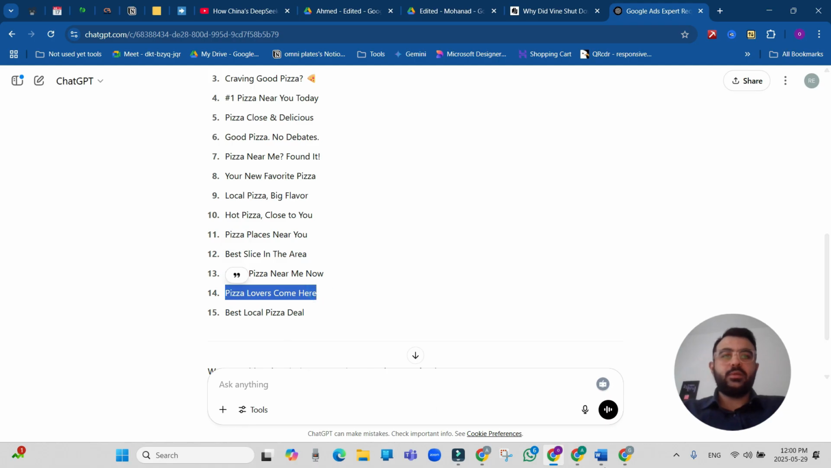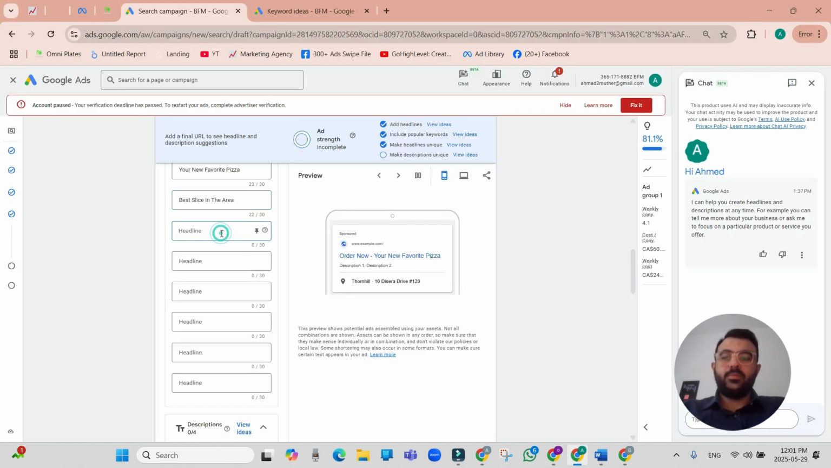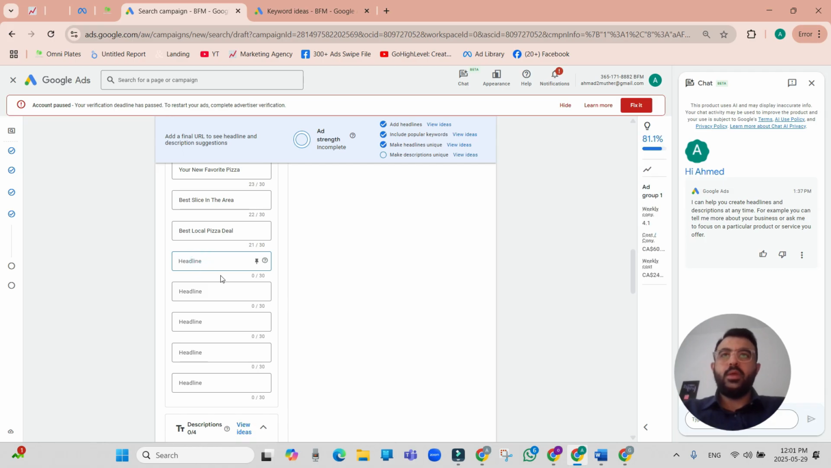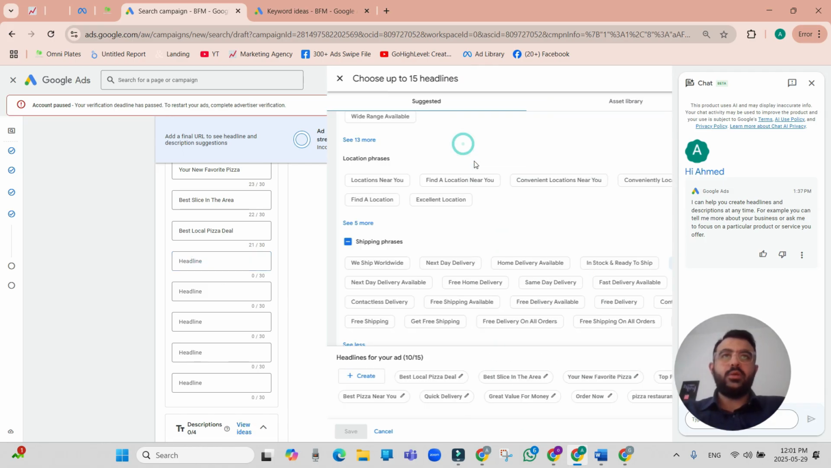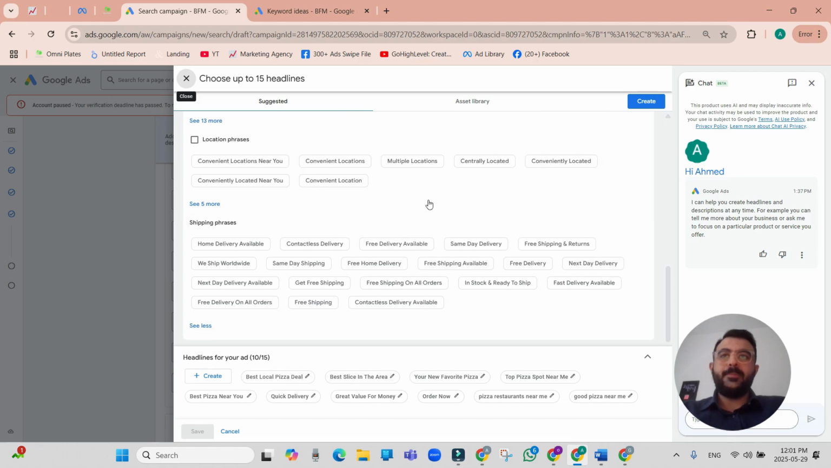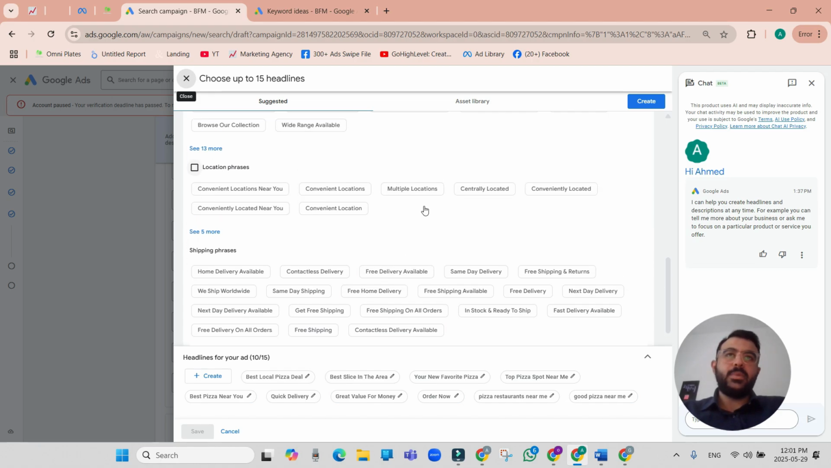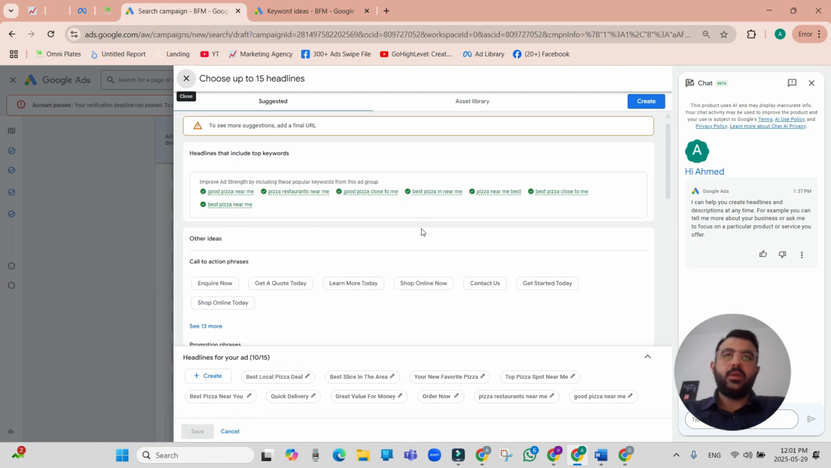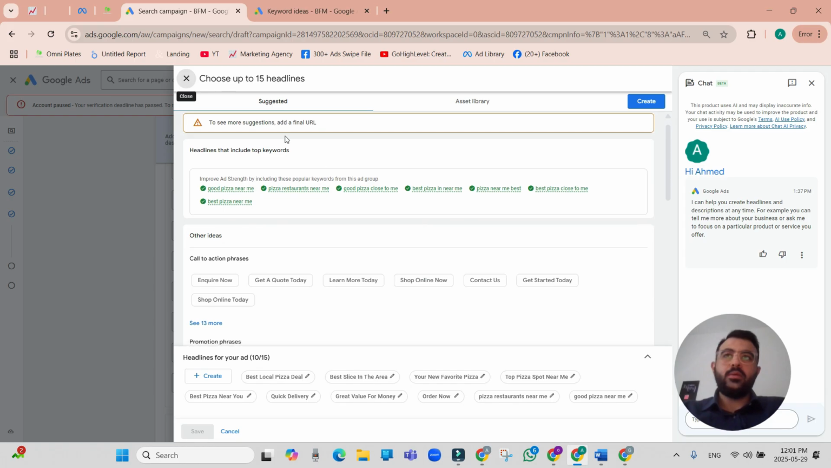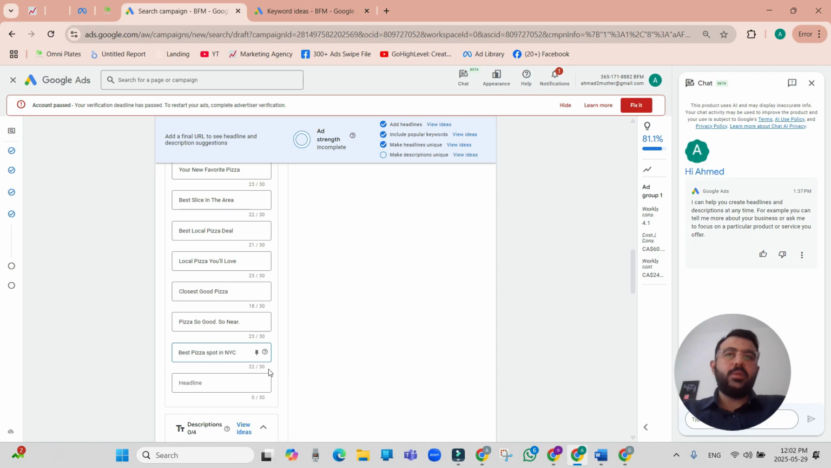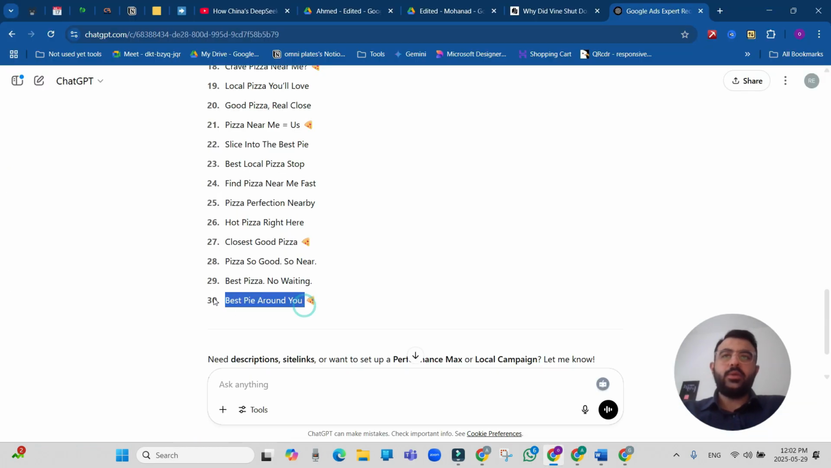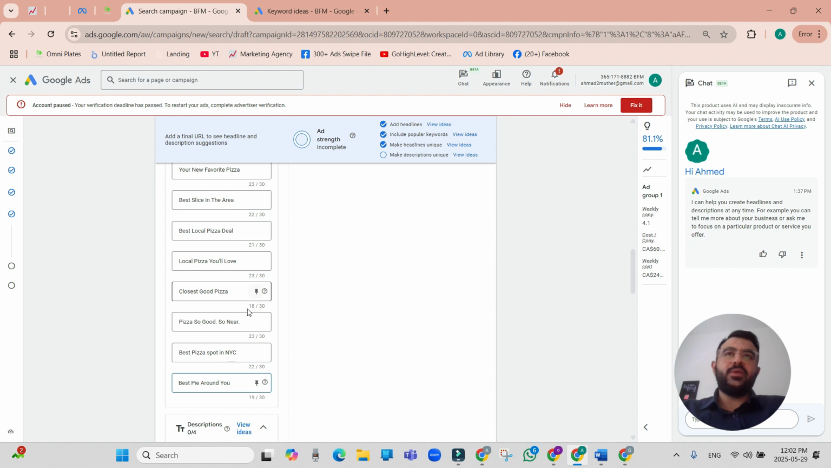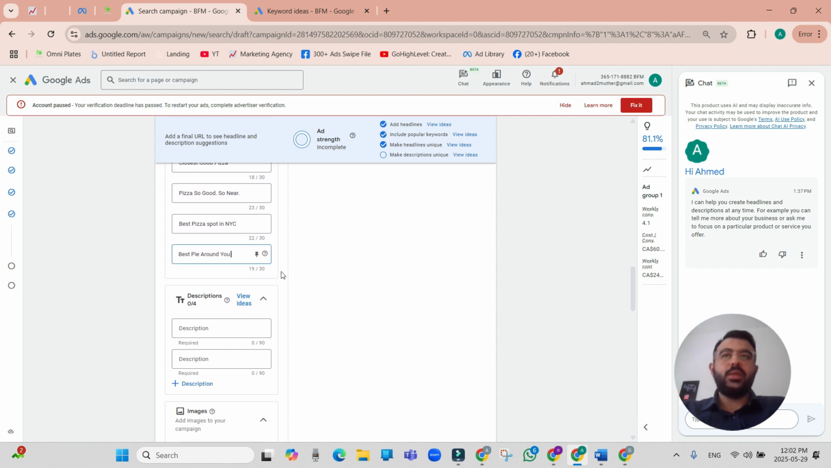So pizza lovers, come here. Or like, not this one, it's not the best local pizza. We can add more unique ideas. So let's see if we have any updates here. Remember, you need to keep them 30 characters max. Best buy around you. Okay, so now we have all of these headlines, but the strength is incomplete until we